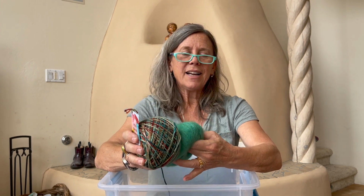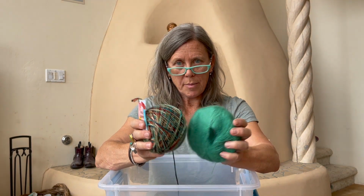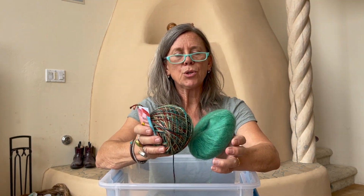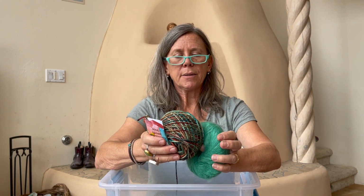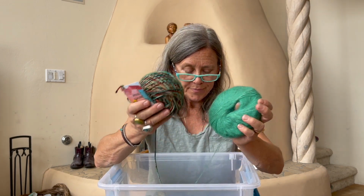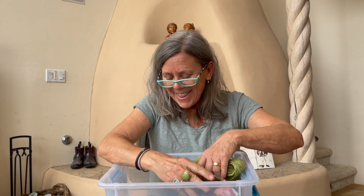So I'm probably going to make Duke City mitts, or I'm going to try to turn a pair of Duke City mitts into some full-on mitts. I haven't decided yet. Sound familiar? Yes. And then